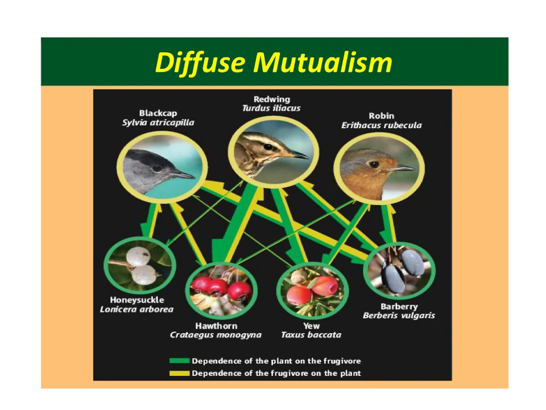This blackcap, of course, it relies a lot on this barberry, okay? But the barberry actually relies much more on the European robin instead, okay? So all of these things are part of a mutualism, but it's not a one-to-one mutualism. It's many species of birds, and